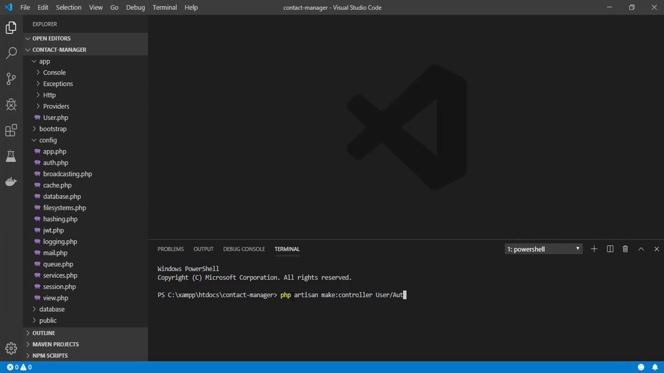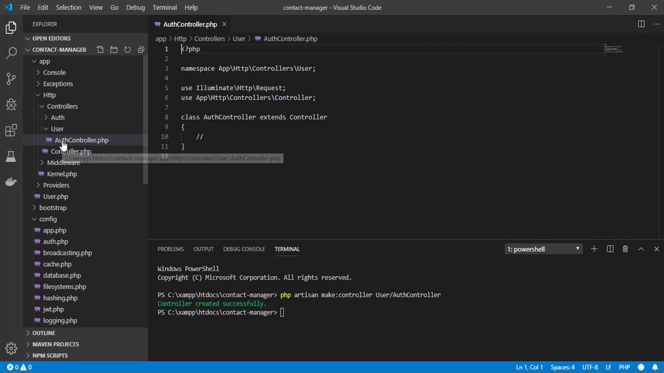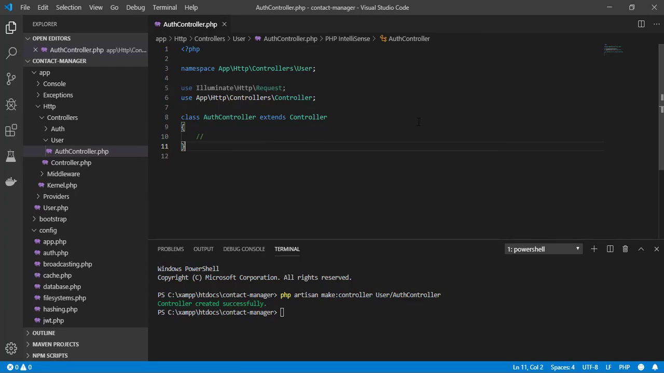So we're going to call this auth controller, and now php artisan make controller. So yep, it has scaffolded for us our auth controller right here. So what we can do here now is to get our constructor. So we're going to say public function construct,